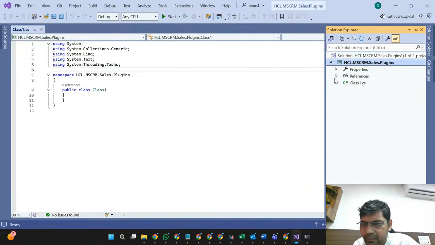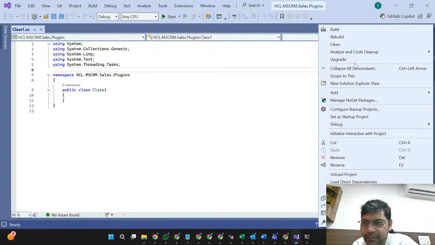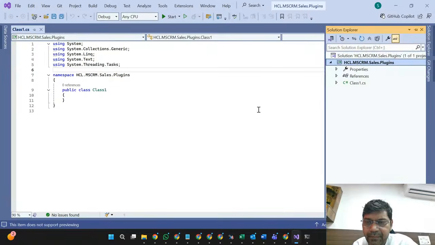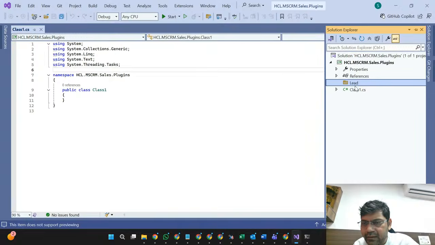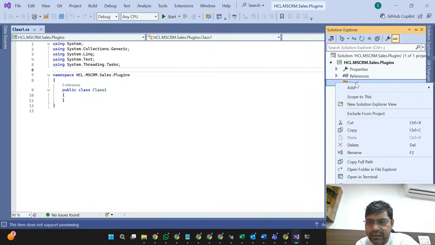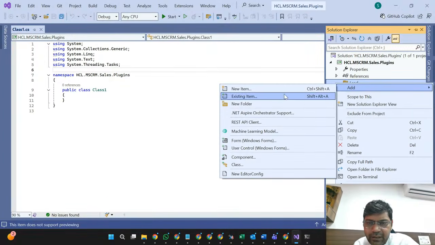Under this project, we can create different folder structures as well, like I can create a folder for different entities. Suppose if I want to write my plugin under lead, so any plugin code, if I want to write, I have to add my class library inside this particular folder only.